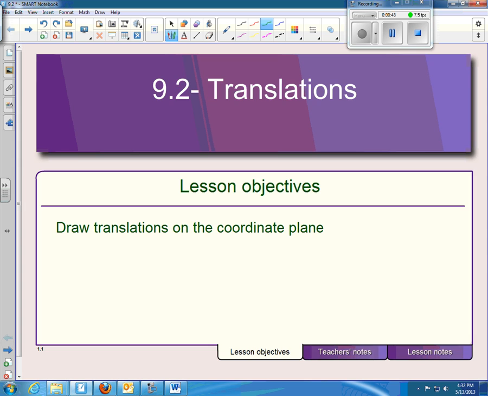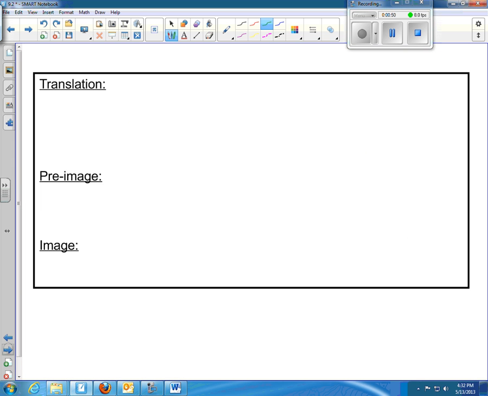All right, let's talk about some definitions. Translation. Another name for translation is slide. Make sure you memorize that. It might appear on a quiz or a test. Hint, hint, hint. Translation occurs when we move all the points